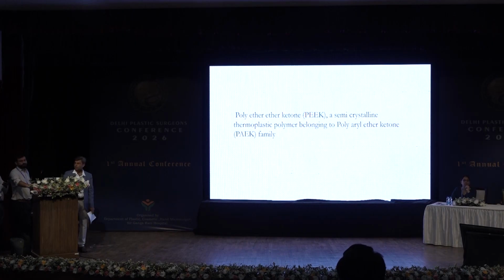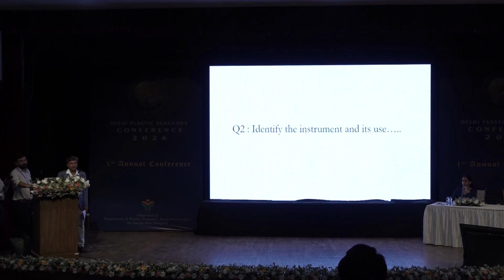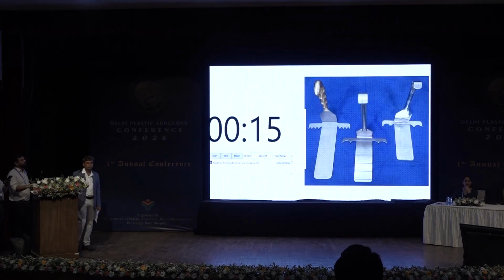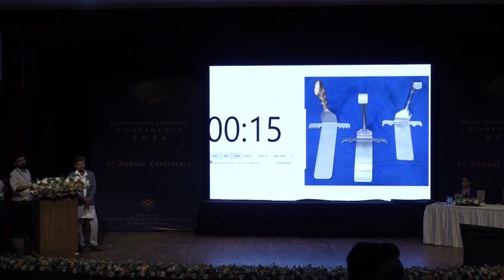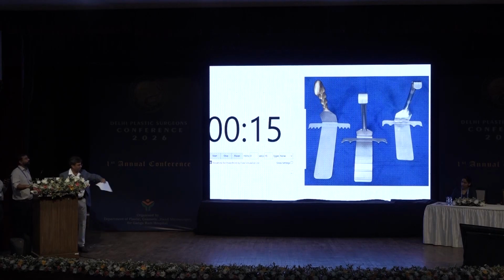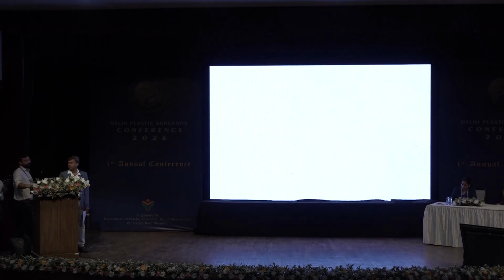So team C, your question is, identify this instrument and its use. Saldana retractor. Yes, and what are its uses? Abdominoplasty. Yes, full marks. This is a past question. Saldana's retractor, used in abdominoplasty. Team B,